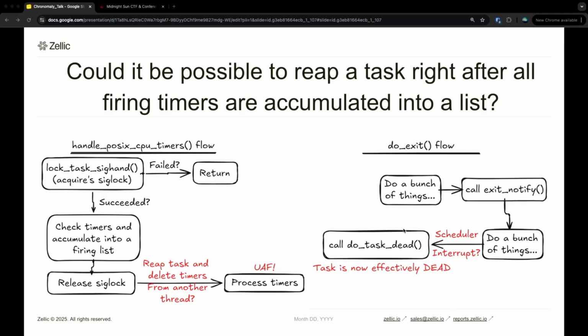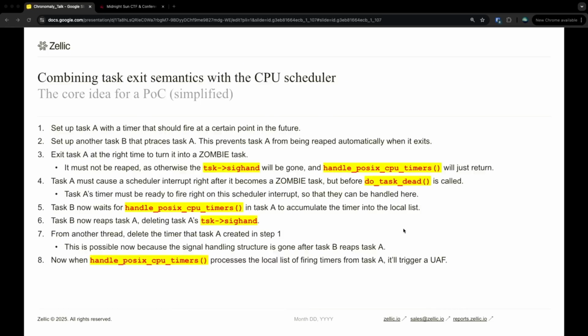So I know that was a lot of different concepts. I'm going to quickly summarize the steps you would need to take before I get into the actual proof of concept construction, right? So lots of text, but basically, you want to create a task A, right? And this task creates a timer that is supposed to fire at some point in the future. Then you have another task B that ptraces task A to prevent it from dying, so it can become a zombie. And then you want to exit task A at just the right point in time, so that A, the timer that you set up is ready to fire right when it's exiting,